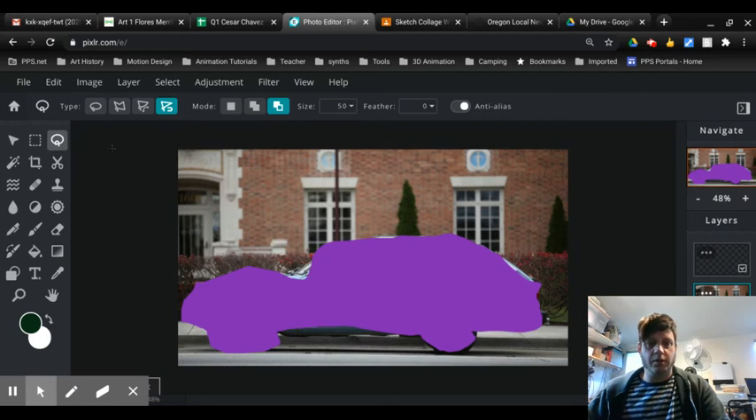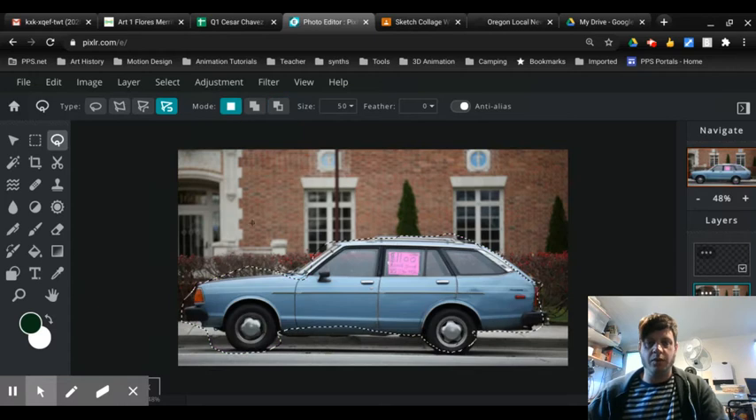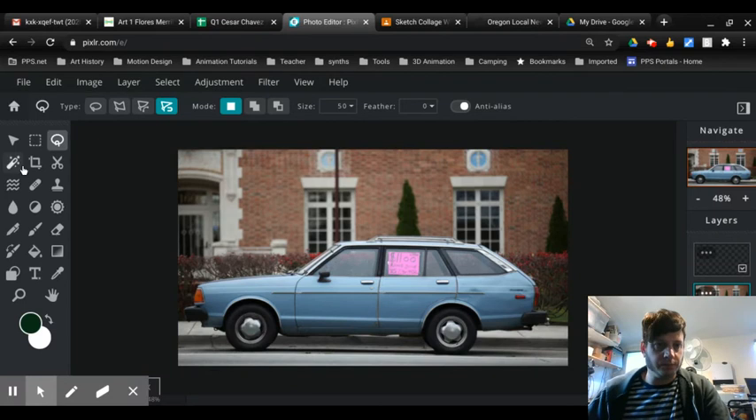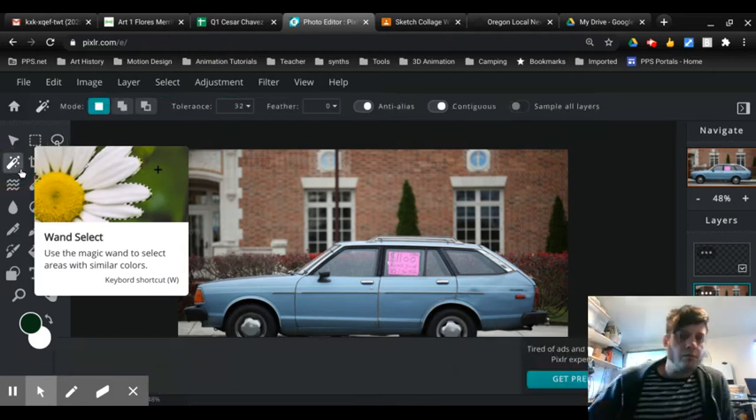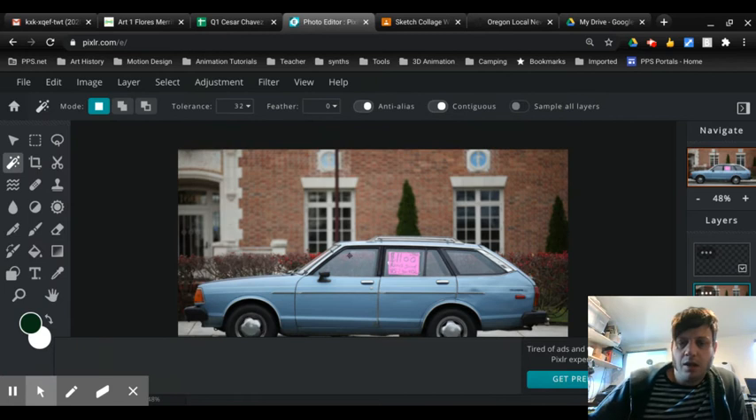I don't want to do that. I was just kind of showing you that. What I really want to do, and hit Escape, I want to remove this window. So if I use the magic wand tool, but it's called wand select in here, if I hit wand select, I just want to remove this window. And what's cool about this is it looks for